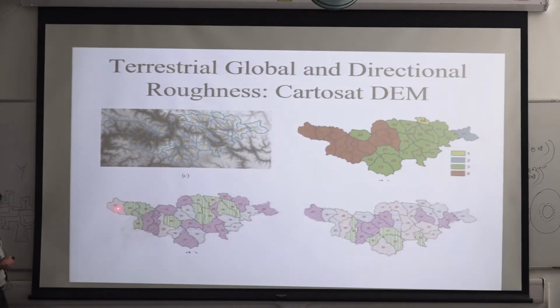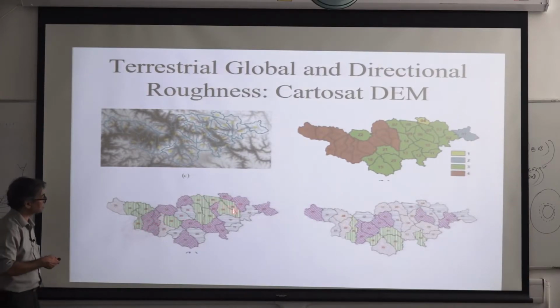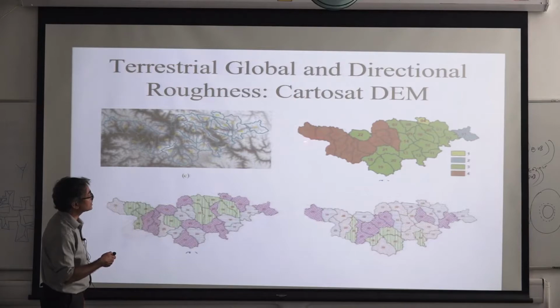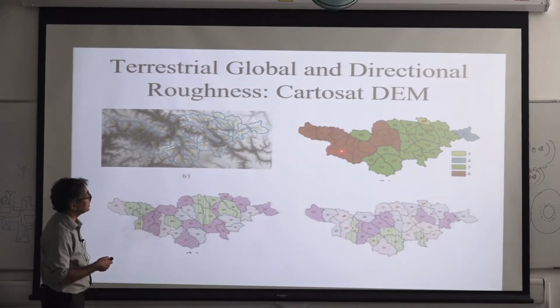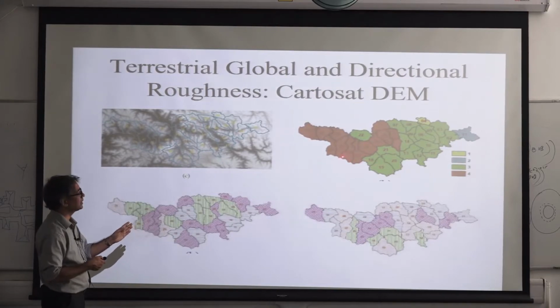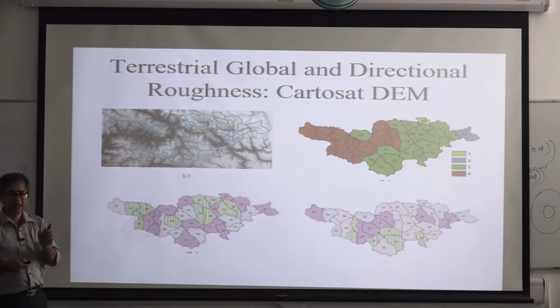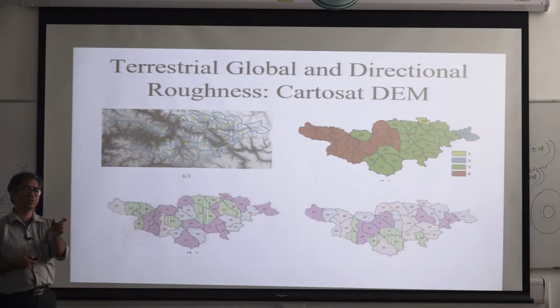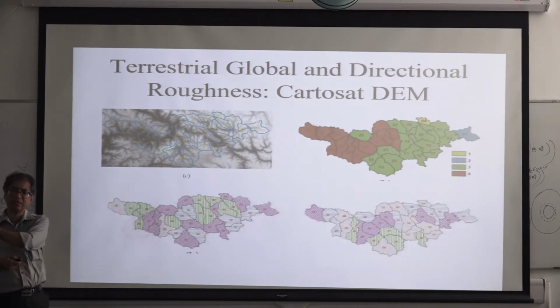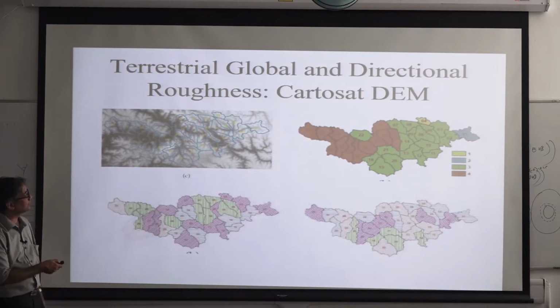So this particular watershed has high directional roughness in this particular direction, whereas this one has this direction. These three watersheds have this vertical direction, it has a high roughness value, whereas these watersheds have roughness very high in this particular direction. That's how we have done a classification, and this classification was based on a simple granulometric index. We have taken granulometric index values between 0 and 1, and we categorized 0 to 0.25, 0.25 to 0.5, 0.5 to 0.75, above 0.75. There are four different categories we have shown.